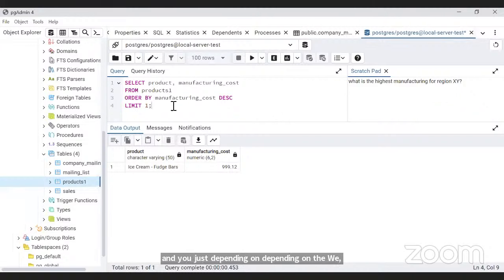You can even deploy this via a chatbot service or a search service in the company. So there are a variety of ways in which you can utilize this system in the business. Okay, now let's run another one.